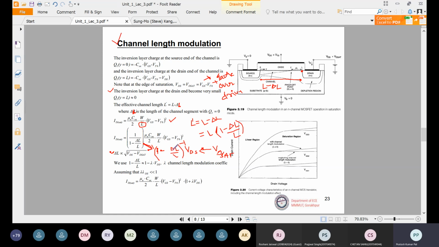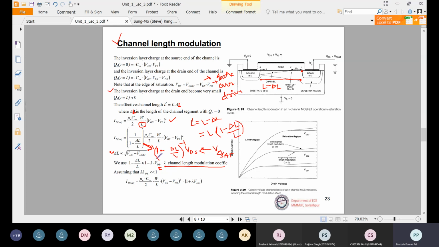ठीक है, अगर ये term होता है तो हम इसको, किसी का भी पावर है तो हम इसको expand कर सकते हैं, तो expand करेंगे तो ये क्या हो जाएगा, -1 का यहाँ पे multiplication होगा और भी कई सारे terms आएंगे जिसमें इसी का पावर आएगा, double power या फिर उसके powers में आएगा. तो हम इसको approximate कर सकते हैं 1 minus delta L को, that will become equal to 1 minus lambda VDS. ठीक है, तो यहाँ पे हम इसको approximate करेंगे in terms of some constant, so it will be similar to 1 minus lambda VDS, where lambda will be called the channel length modulation coefficient.